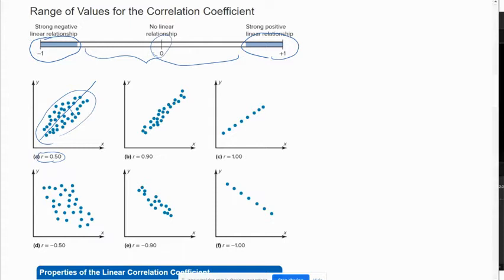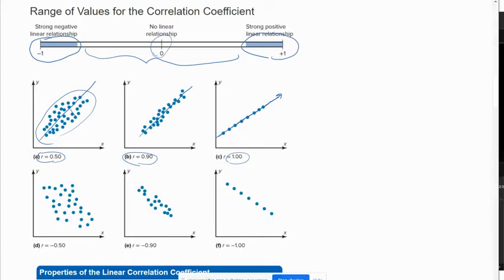Whereas in example B, this is a pretty tight cluster of data that definitely appears to be linear. All the points are going to be pretty close to the line of best fit, so that has a correlation coefficient of 0.9. A correlation coefficient of 1 means the data is exactly linear. So when we come up with our regression equation, all the points actually fit the line exactly. There's no distance from the line, and so that would give you a perfect correlation,